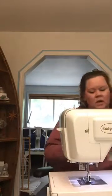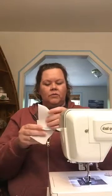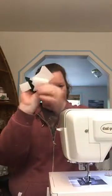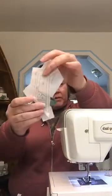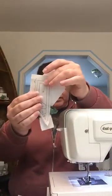There has been a couple times where I did things out of order and I pressed it with my little finger press. And then I went to fold it for cutting the seam allowance, and I almost forgot to fold the fabric down. It would have been bad, but that's all right, I didn't do that. All right, so I covered all 5 squares or pieces, what have you. If I had a hot dry iron,